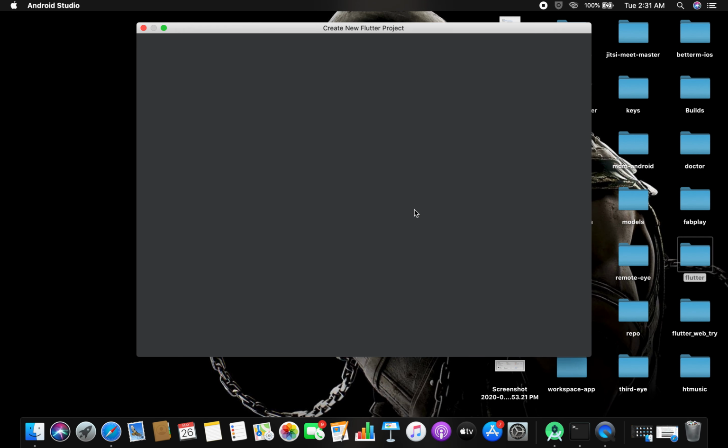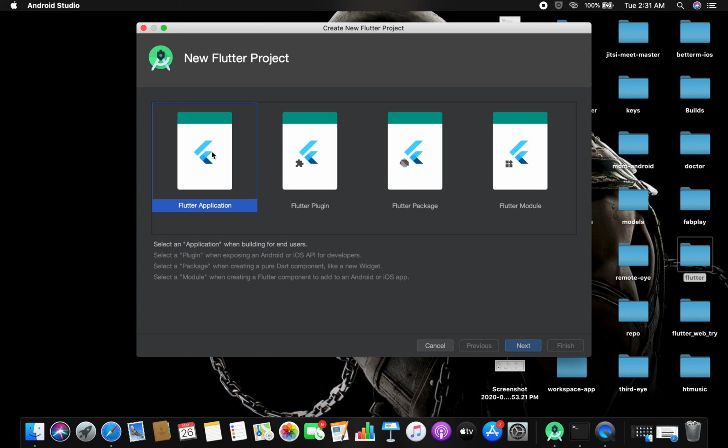Start a new Flutter project, Flutter application. We are not developing any plugin or package or module for now. We will do it later. So let's develop a basic Flutter application.